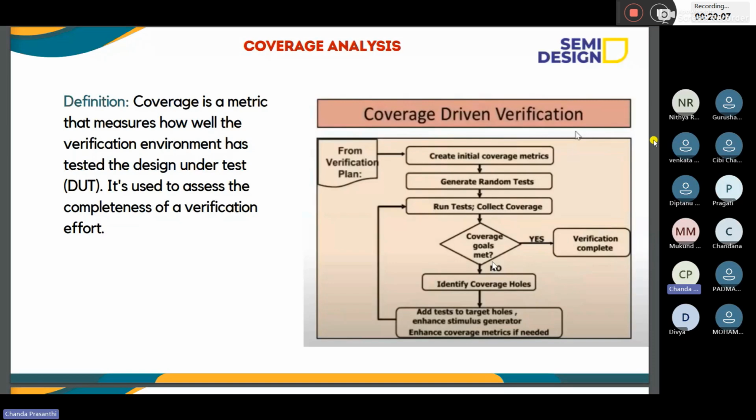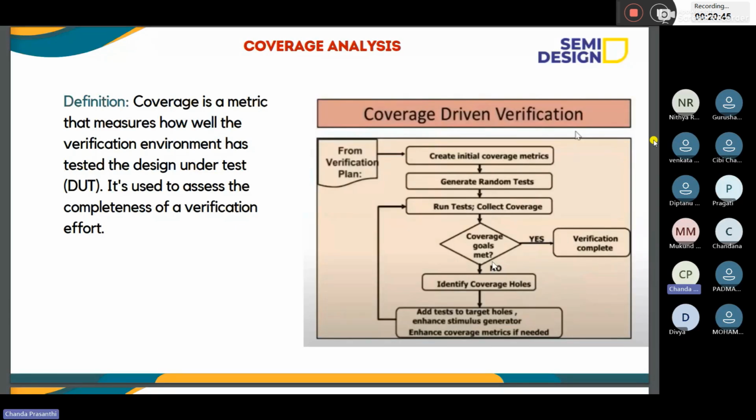100%, whether it's a small design or any SOC level or IP level, whether you are doing SV verification or UVM verification, whatever, our goal is 100% coverage. Once it reaches 100% coverage, then we can confirm that our design is 100% verified in every corner case scenario, so that we can send it to the backend process. Backend is a physical design process, right? The post silicon process.